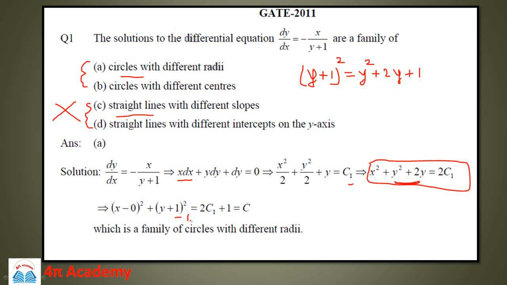So if I subtract 1 from this term, then I can take this minus 1 on the right hand side. So on the right hand side the term will be 2c1 plus 1. So this minus 1 will come on the right hand side, so it will become 2c1 plus 1. So it is again another constant which is c. So now this equation